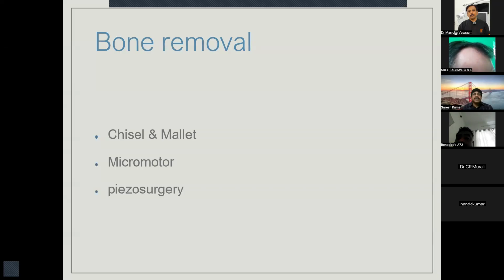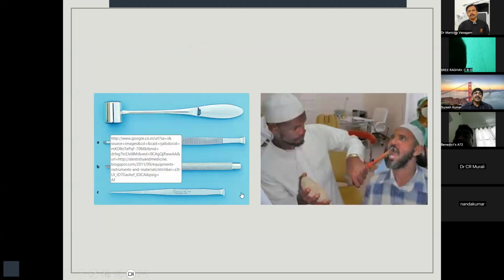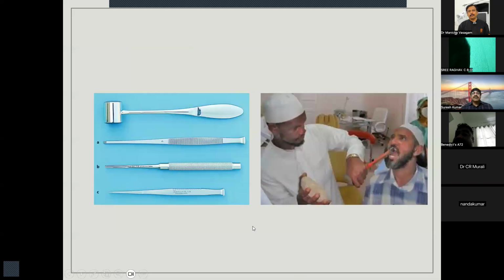When I was a student and we were taught impactions, we used to have chisels and mallets to remove the bone. Sounding very cruel, but in some peripheral areas they still practice with chisels and mallets. They are effective tools actually. When you use a chisel and mallet, it causes less postoperative edema and pain because there are clean cuts and the bone is removed in large chunks. So the chisel and mallet is actually good for the patient in a way, but when you do the procedure, it is extremely uncomfortable to the patient. Banging on the chisel with your mallet is extremely painful, and people are more demanding nowadays. They don't accept this kind of procedure.